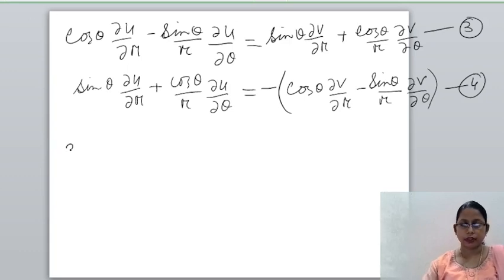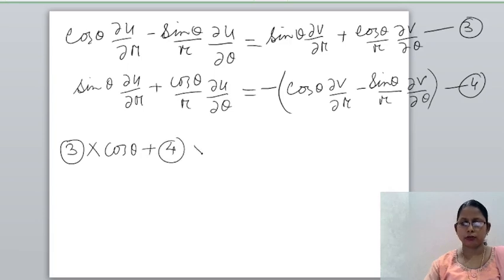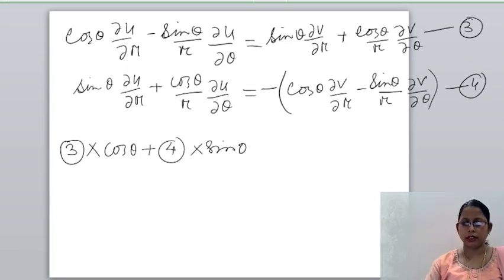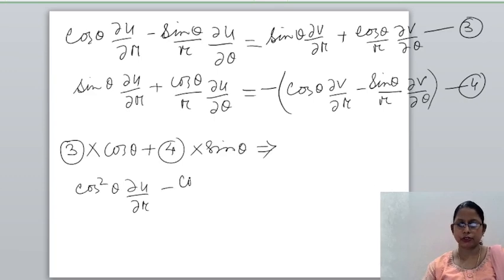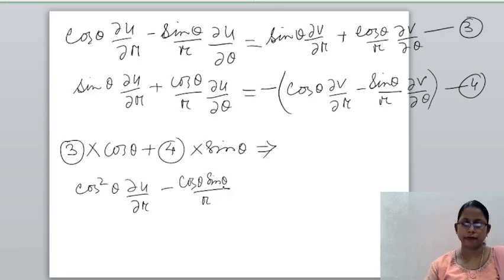Next, multiply equation 3 by cos theta and equation 4 by sin theta, then add both equations. What will we get? If I multiply this by cos theta, we get cos square theta del u by del r, plus cos theta sin theta by r del u by del theta, and this is equal to